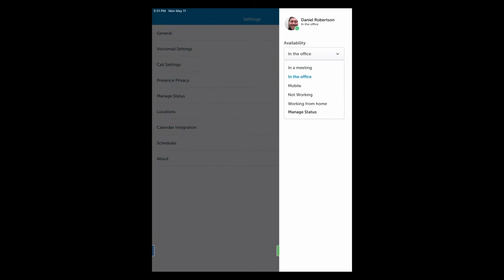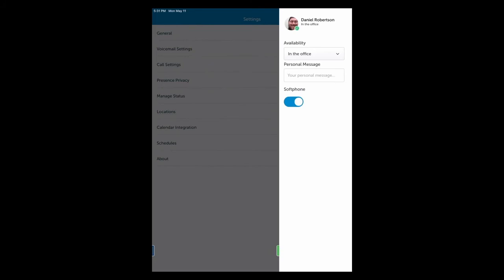One says in the meeting, in the office, mobile, not working, a variety of different statuses. Based on what I am currently doing at work, I can set my status to that, and it will show in this top corner here where the image is a green check mark, and if I go on to not working, the check mark would eventually change to a red line in order to show that I am not available. Primarily speaking, most of the time we say that people should be in the office, that way the device is